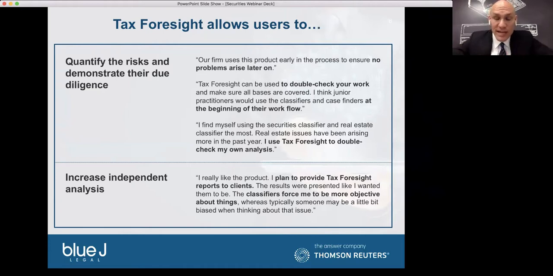And anyone using Tax Foresight is going to get the same prediction if they're entering the same assumed facts. And so it's a way to basically verify and also communicate to others in a credible way about the strength of one's case. And that's important whether you're acting for the Crown or whether you're acting for the taxpayer. Being able to show that it's independent, it's not biased, is a really powerful tool of persuasion. It shows that you've done your due diligence, and it's not just you saying so. It's a system that's been trained on all the case law in the area.